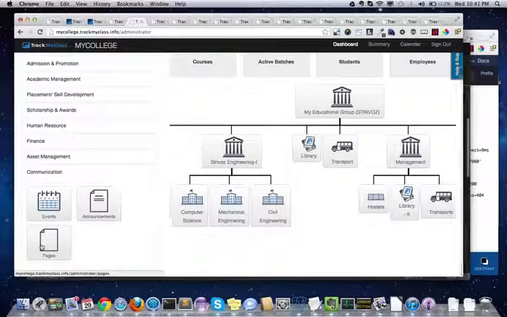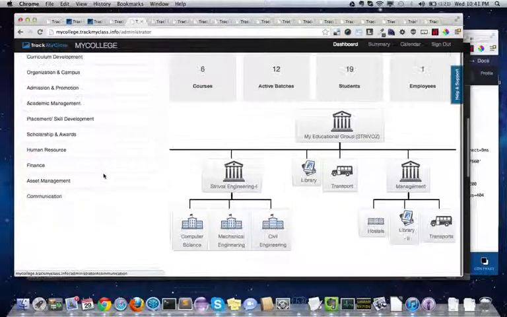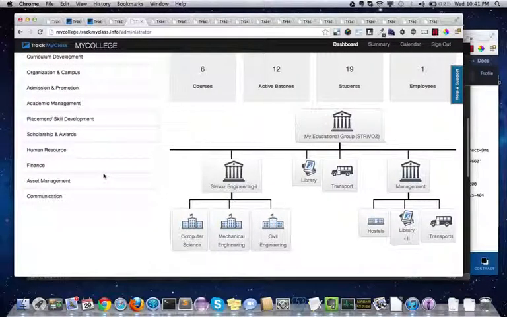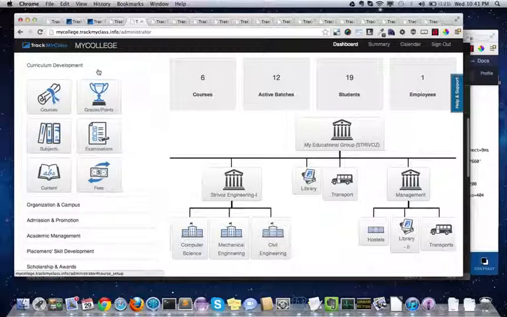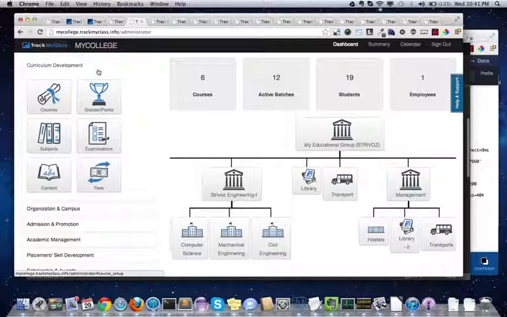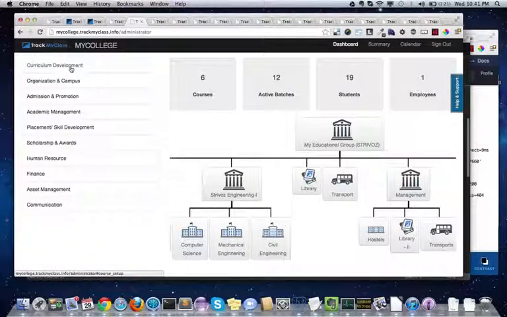And the pages feature is another important feature. It helps you build a simple content management system and a website for your institution. So this is the overall administrative functionality. There is a lot to go through because we have very rich details about how each of these menu options works, but I hope this gives you a complete overview of our administrative system. In a different demo, I'm going to take you through the student and